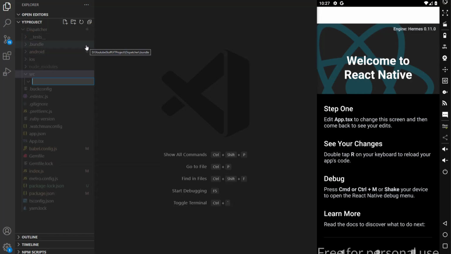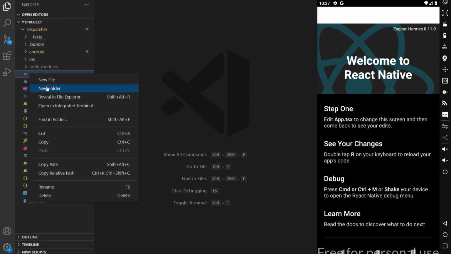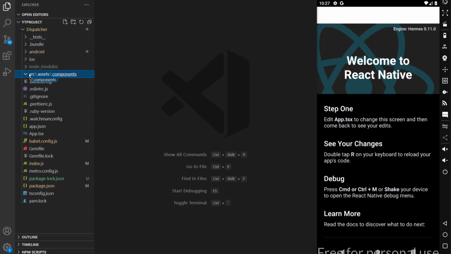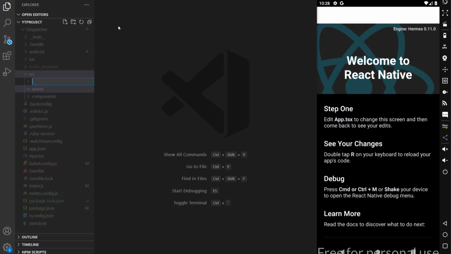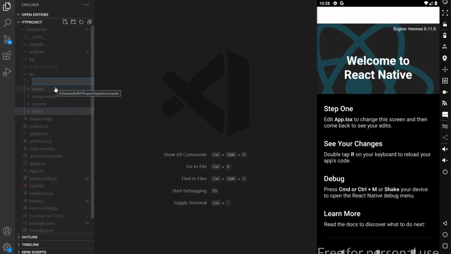In this directory we have assets for images, video, and we will have a components folder for reusable components, and then we will have screens for our screens. We will have stores for our state management store, and we have